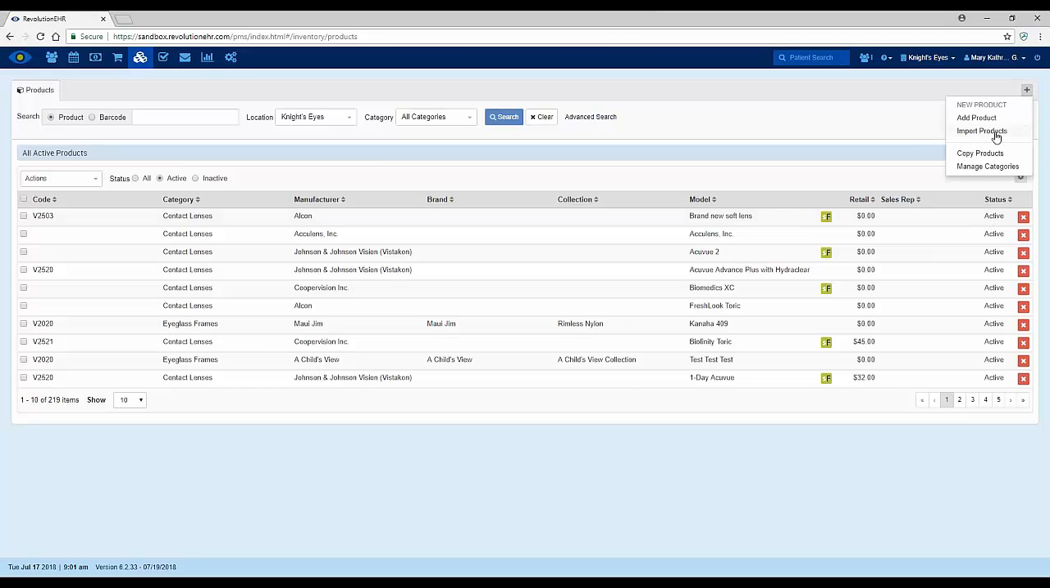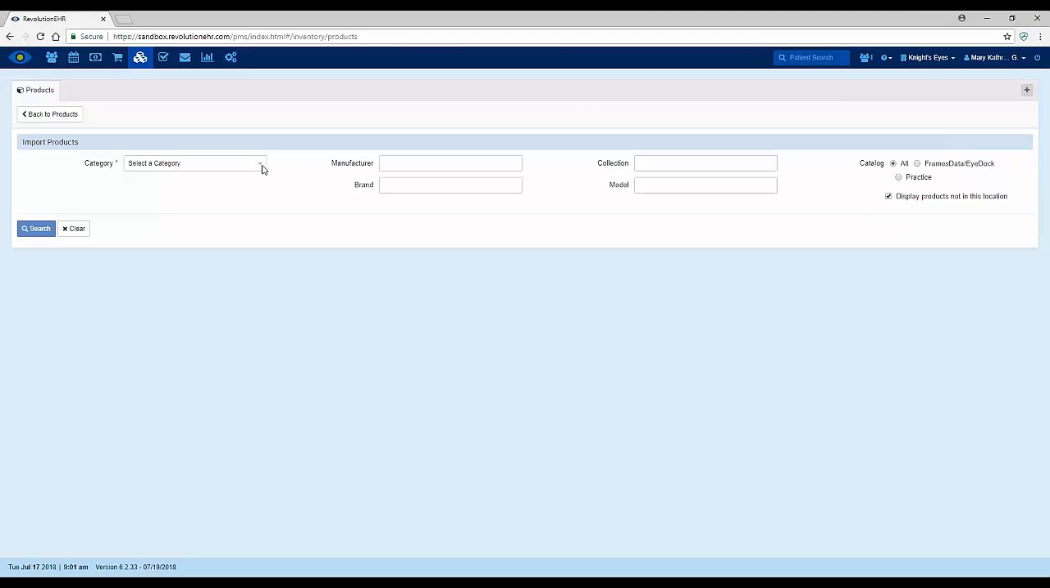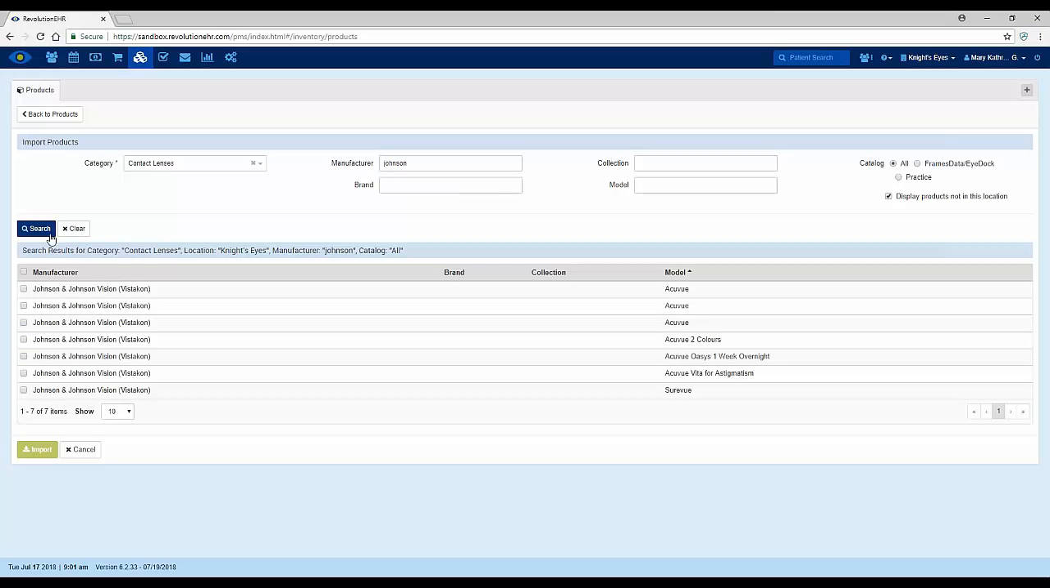Next, we're going to go ahead and do Import Products. Go ahead and select your category. We're going to enter our search criteria and click Search. Let's go ahead and do Manufacturer. As you can see, all the Johnson & Johnson or Vistakon products will show up that are not in my library. The matching results will be displayed in the grid below. Select the products you'd like to import to your location